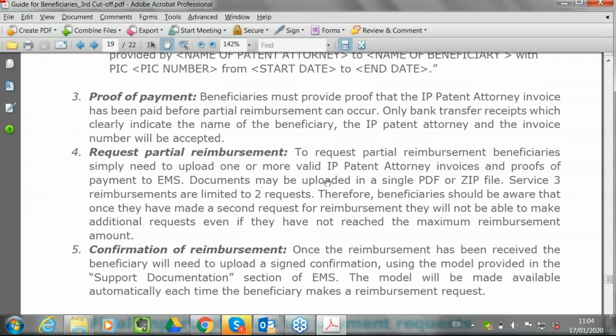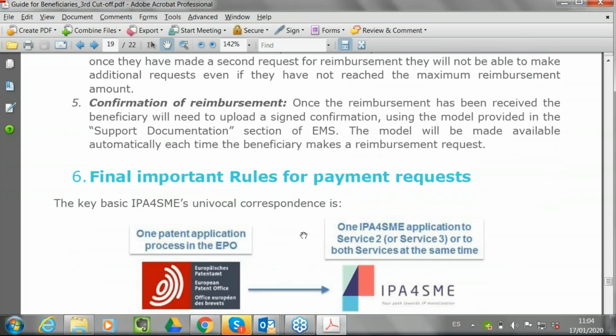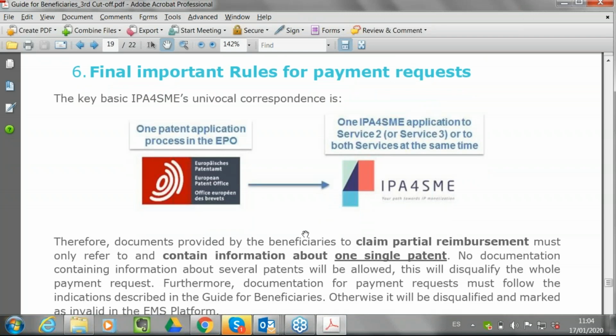And the same, you have two opportunities to opt for the maximum. You can upload a single PDF or a zip file altogether, depending on how many invoices and proofs of payment you have collected to that very moment, and then confirmation of reimbursement from our side. And finally,